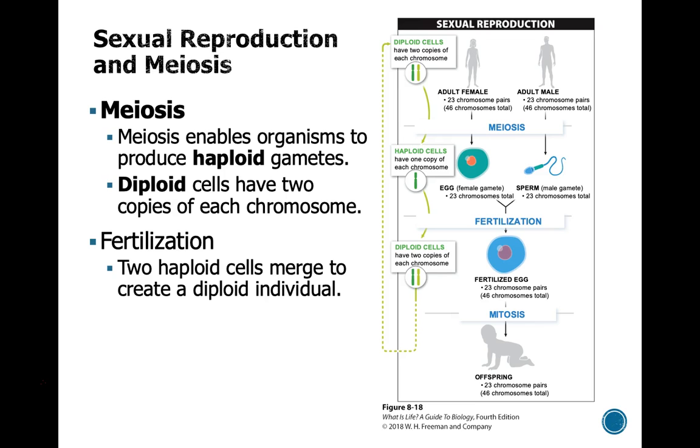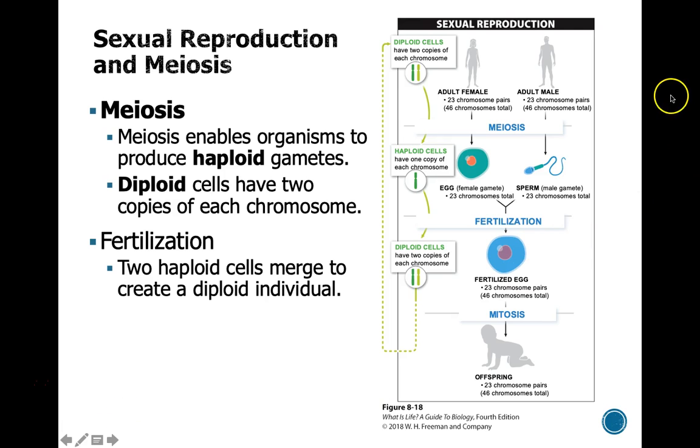The cells that are used in fertilization are what we call haploid. This means they have one copy of each type of chromosome. The cells that result from fertilization are what we call diploid. That means they have two copies of each chromosome, one from mom, one from dad. So during this process of fertilization, two haploid cells combine to produce an organism with the correct number of chromosomes. Now we need two copies of each type of chromosome in order to produce a fully functional, normal individual.